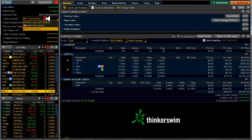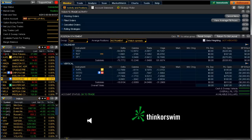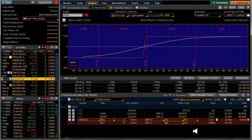Also, on my spread account, I did get in on Google yesterday. I did kind of a little bit of chasing on that, and I'm embarrassed about it. It turned out okay, but it would have been a lot better if I would have gone with my original